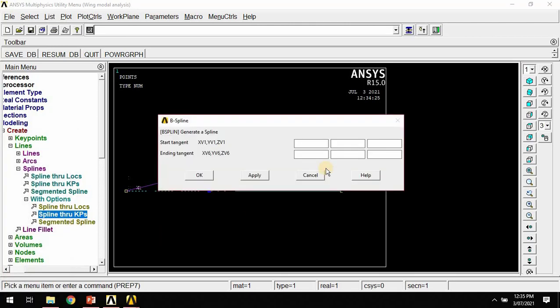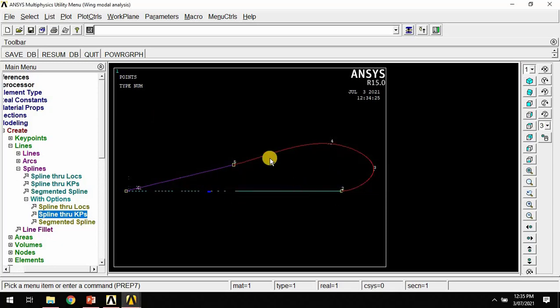Click on OK. The start tangent is -1, and the ending tangent is -1 and -0.25. Click on OK. So see here, the arc has been created.